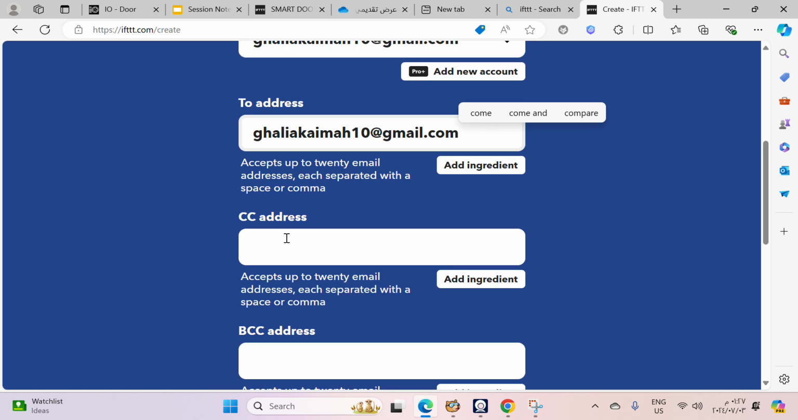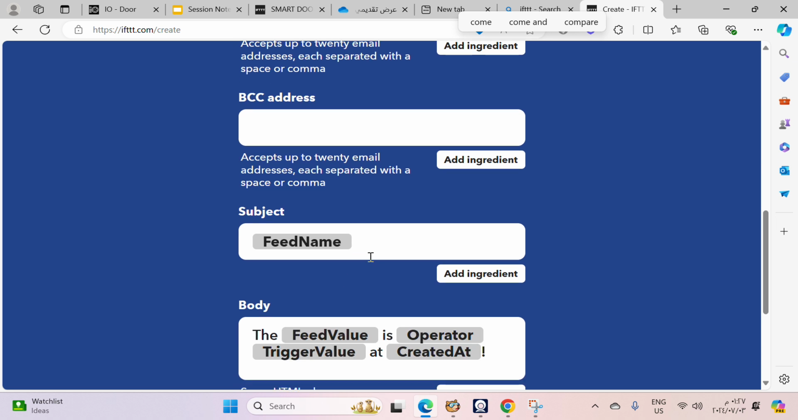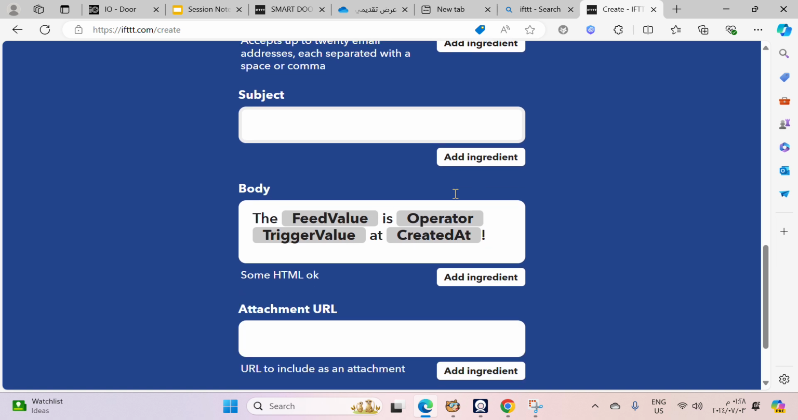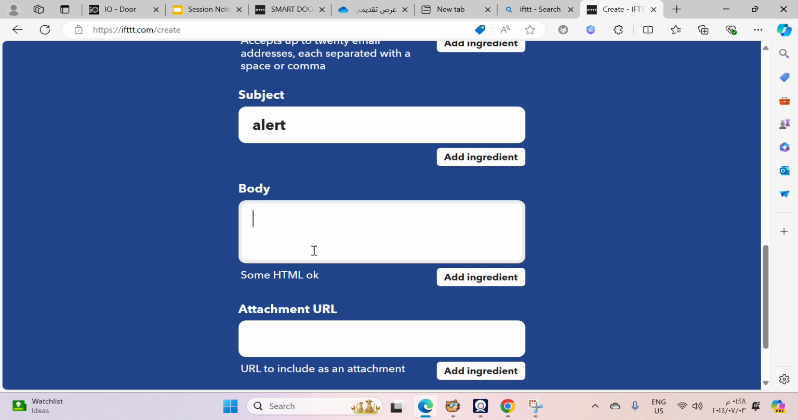See, CC address. If we wanted to add another address, I don't want to. So what is the subject here? The subject here is like "someone is at your door" or anything. You could choose anything, and also the body. Like here at subject, I'll choose alert, and here at the body, you choose anything in writing, but I'll choose